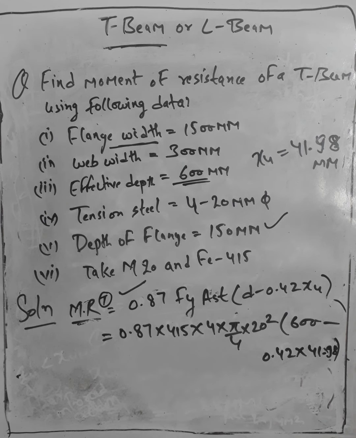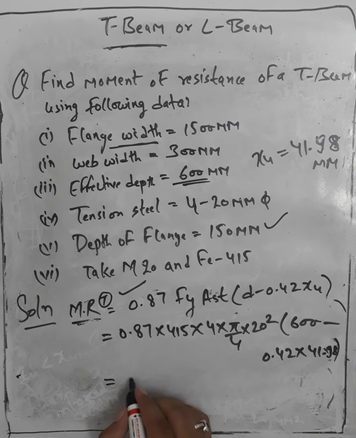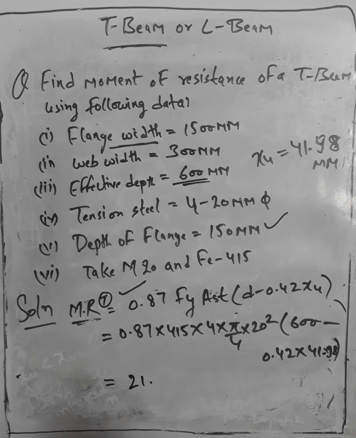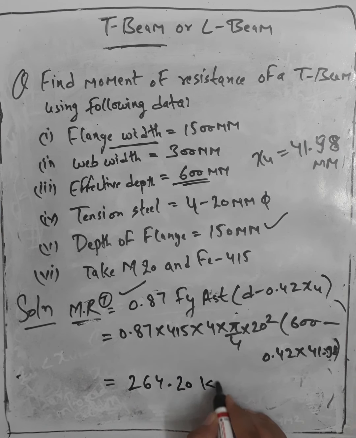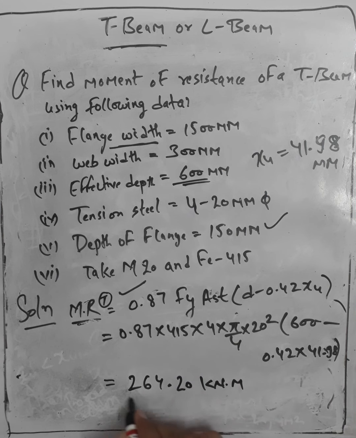So this equation we have to solve, and finally we get 264.20 kilonewton meter as the moment of resistance for this